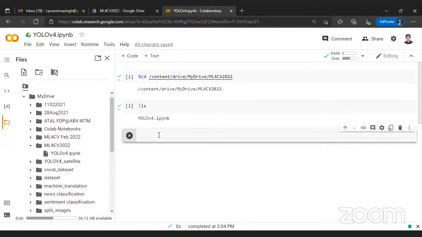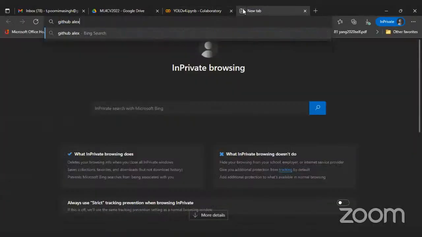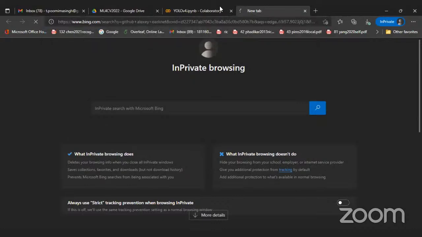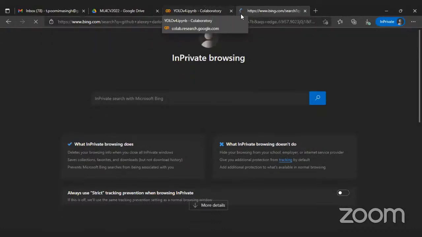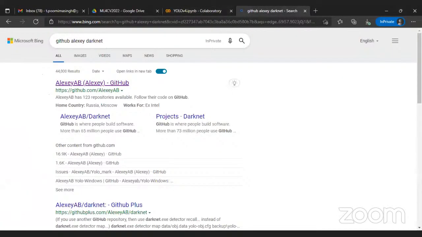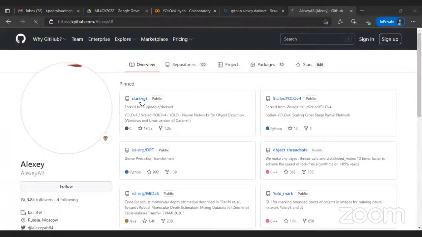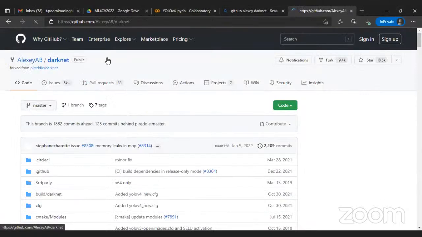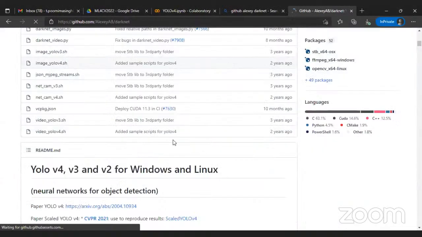Next, we are going to use the YOLOv4 official code, that is Darknet, which is developed by AlexeyAB. So you can access the code from GitHub. This is the code. Darknet code is this. So to access the code,